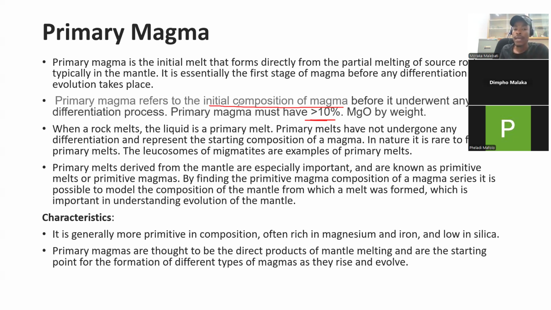That's why also the initial composition, or the initial melt, forms directly from the partial melting of source rocks. It can be mantle rocks, okay? So remember, the mantle rocks will undergo what you call partial melting. Partial melting is a process wherein you are melting only a small portion of that rock, and then depending on the stability of different minerals, following